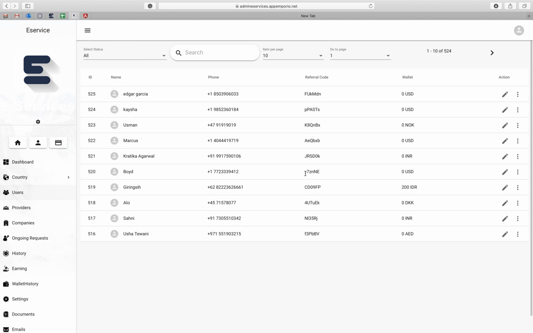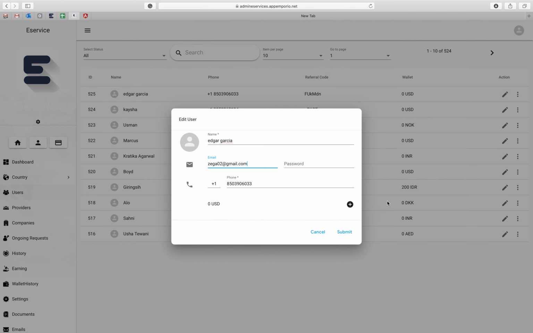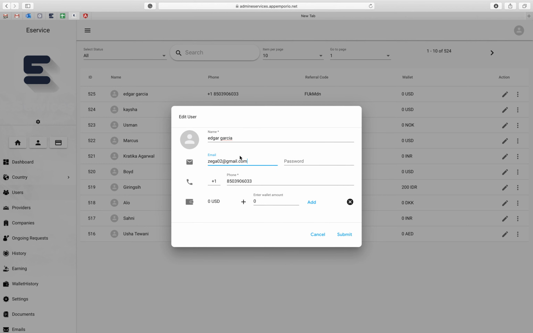You will be able to see the list of all users in the system, and you can apply a filter and a search from here, depending on whether you want to see approved users or declined users in the system, which you can approve and decline from here, from these 3 dots. You can edit any user by clicking on the edit icon and editing their details. You can add money to a user's wallet by clicking here and adding money to his wallet. So this is how you can